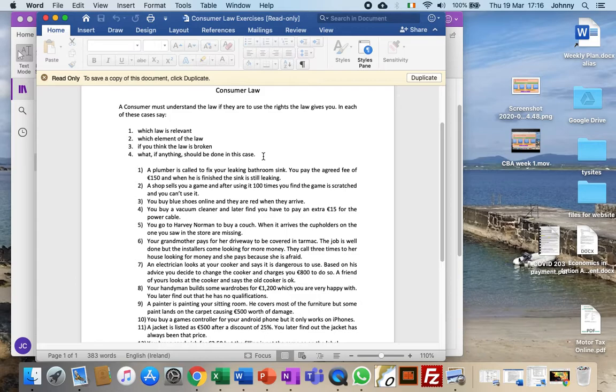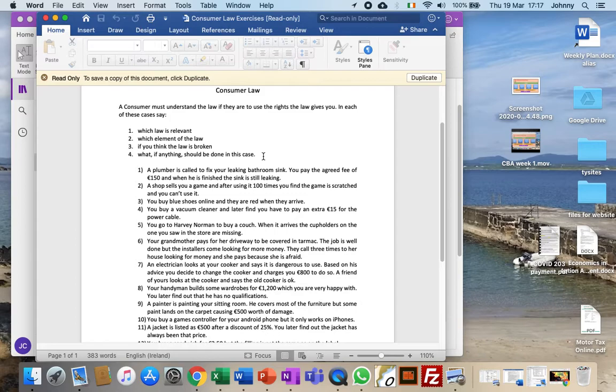The Consumer Protection Act says you can't lie or mislead consumers. Prices must be clear. This is one that a lot of people had a problem with. If something is listed and they say it's a discounted price, it must have been sold at the higher price for at least 1 month in the previous 3 months. The other thing relating to the Consumer Protection Act is you can't use aggressive retail practices, harassing people to get them to try and buy your products.